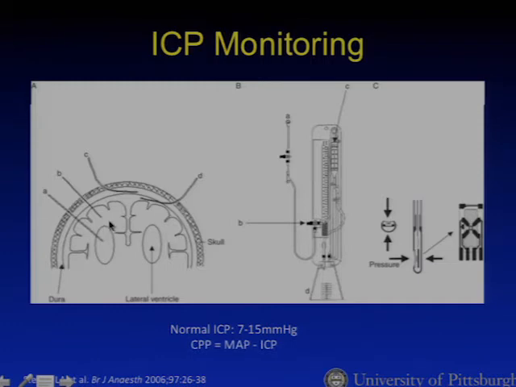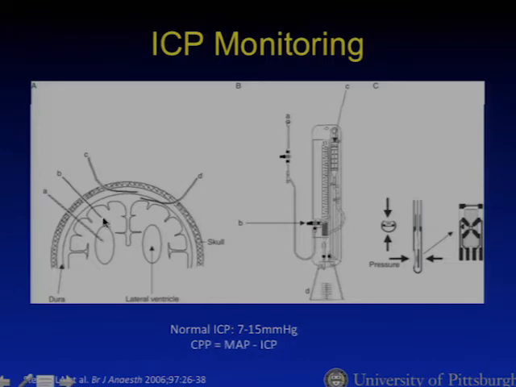The other option is an intraparenchymal probe, shown here by B, and that uses a miniature strain gauge pressure sensor mounted at the tip of a catheter, or a fiber optic catheter could also be used, which may also enable measurement of brain tissue O2 saturation. It has a lower infection risk,